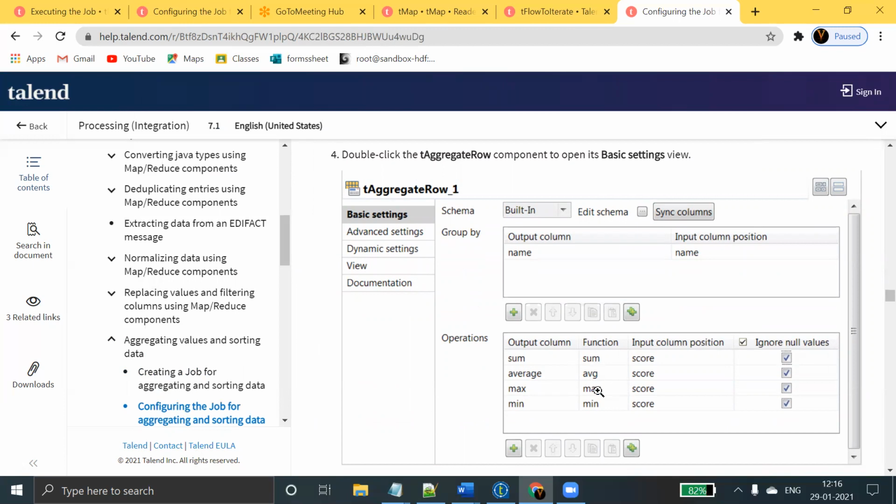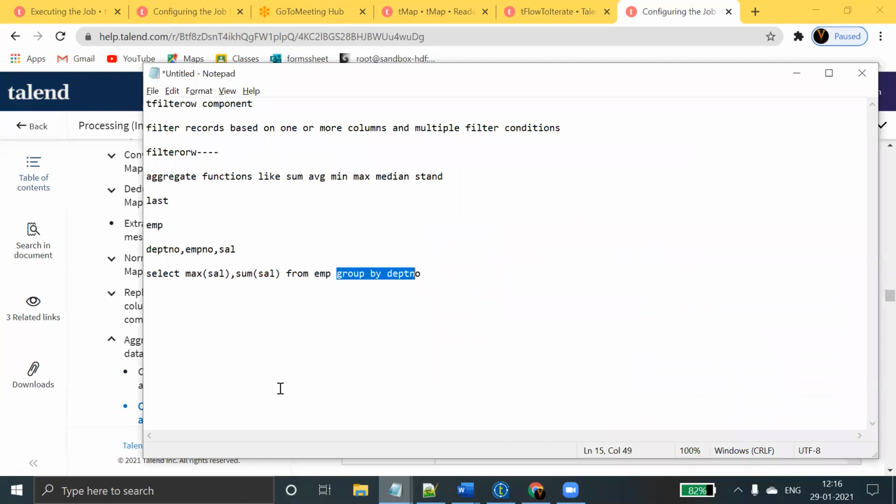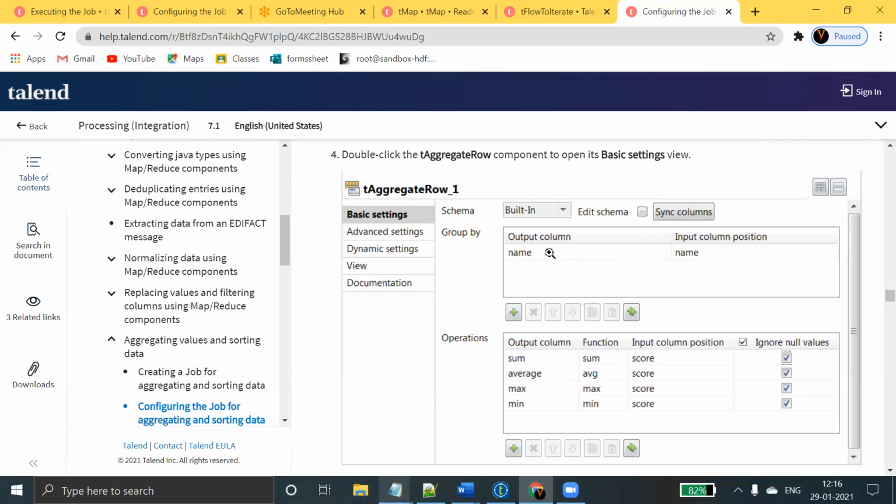In the tAggregateRow, what are the options? How do you write the query? Same, you have to use the options here. Normally you are doing group by, so instead of writing the query, you can directly use the options: group by, whichever column you want to use. You can mention the column name and operations.